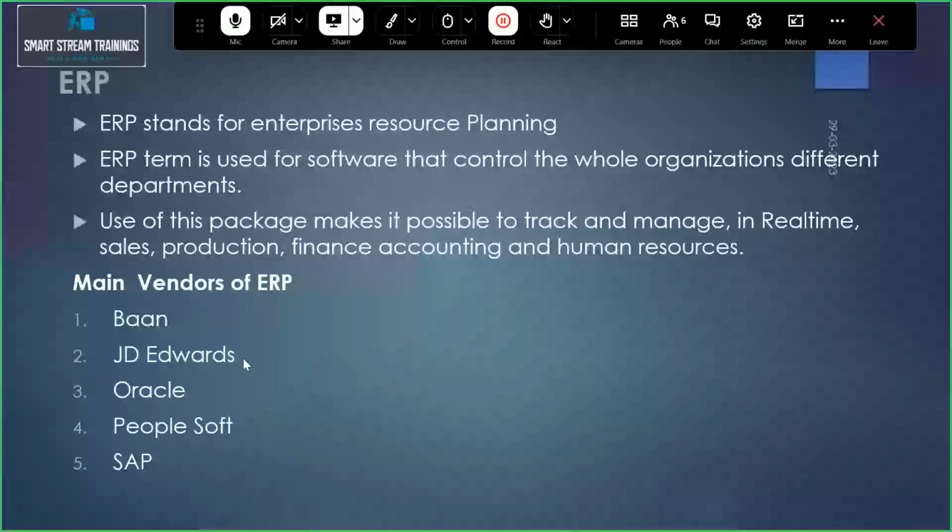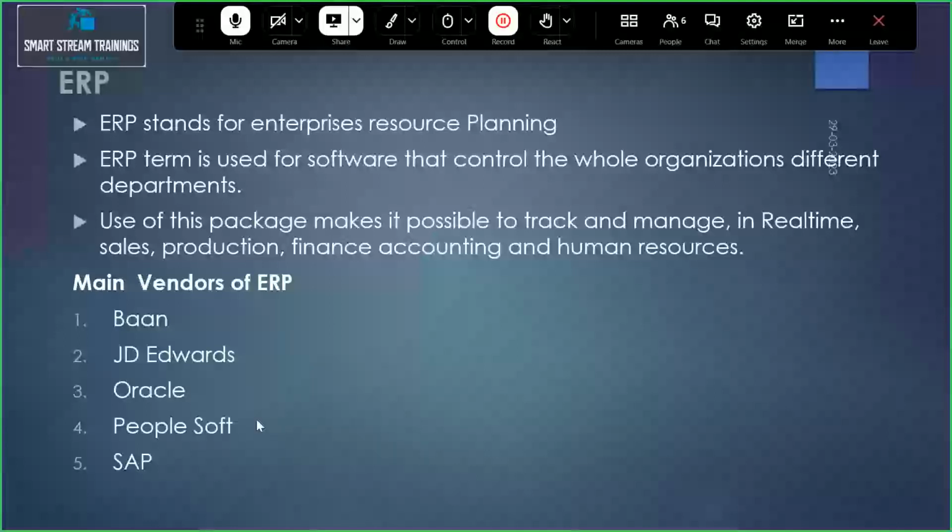So why do we have five options, and why is SAP the most popular in the market? Apart from SAP, we have Baan, JD Edwards, Oracle, and PeopleSoft. These solutions are provided only for medium and small companies. If you have a huge amount of data and very large scale businesses, they are not suitable.